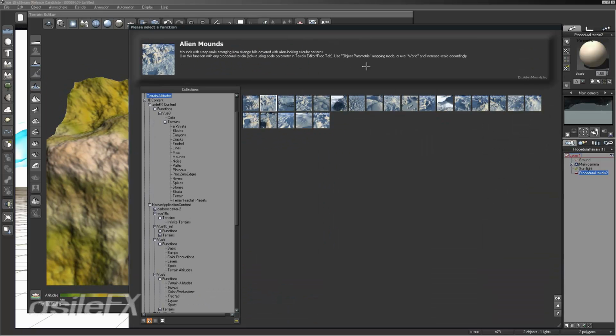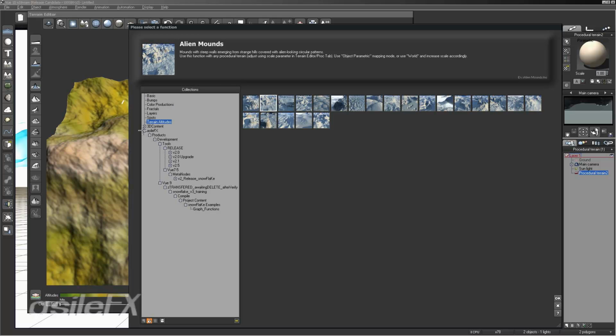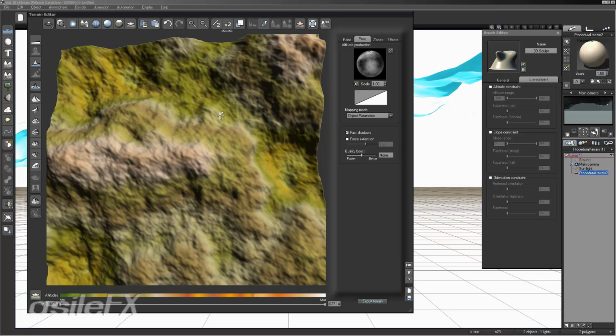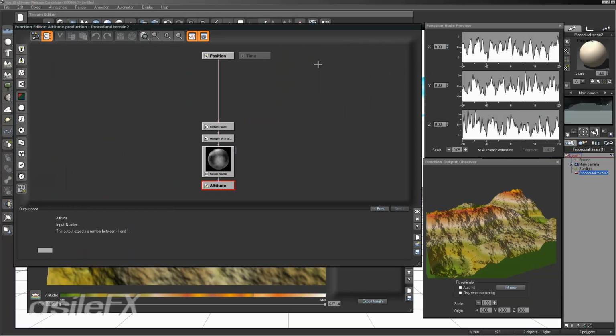You can also load in, double click and go into the terrain altitudes that come with View. You could load in any of these and render them out for normal maps. You could even use the default fractal to make an interesting looking normal. We're going to edit and create sort of a custom one. We're going to go into